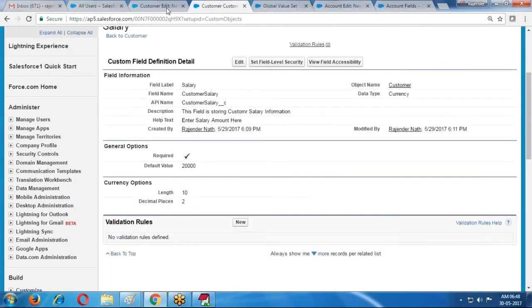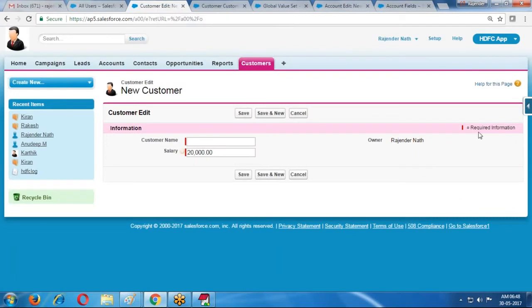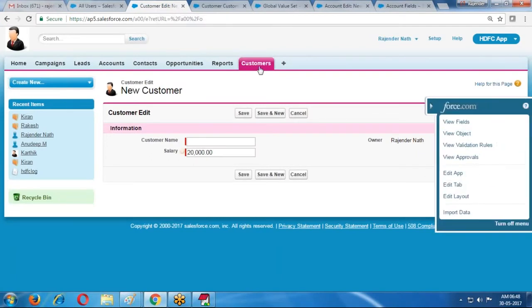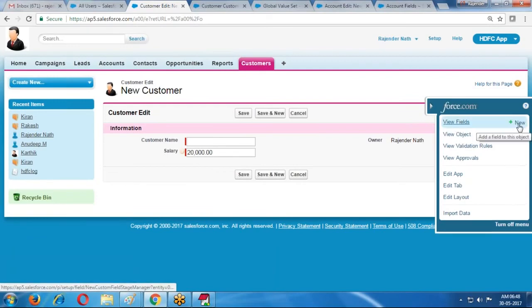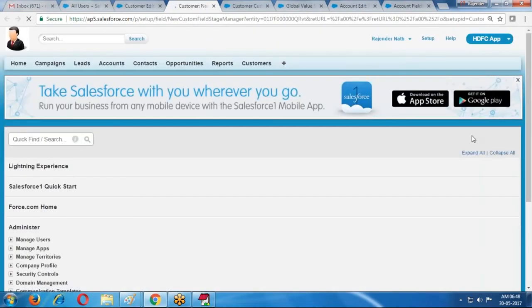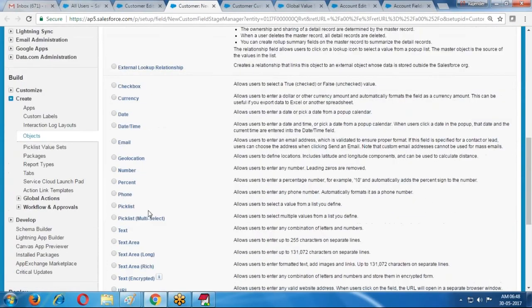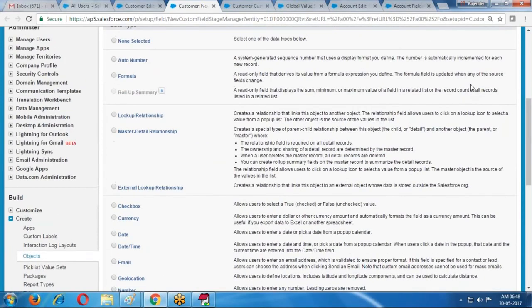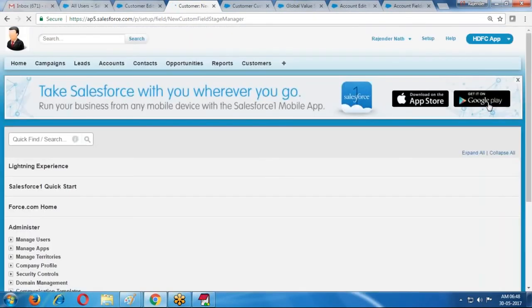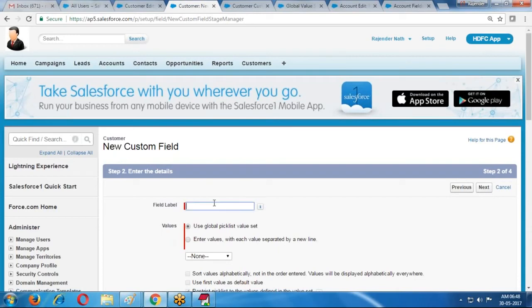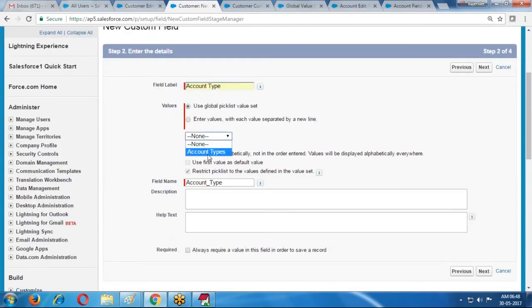The same value is required for customer also. Then I create it on the customer object: view fields, new field creation. In the new field creation I select the pick list data type. Now I use the existing pick list values for this, with the name account type. So here also I'm using existing values.